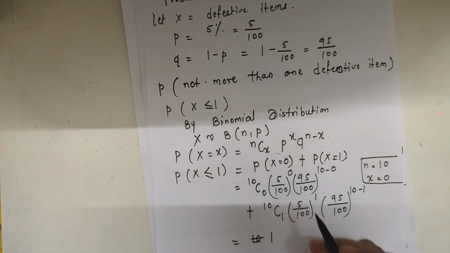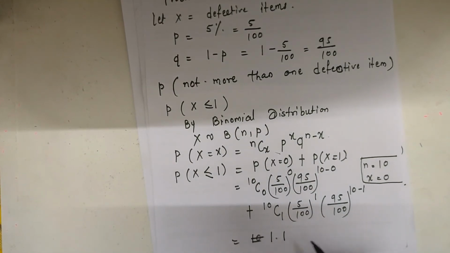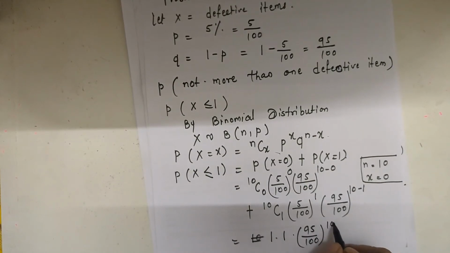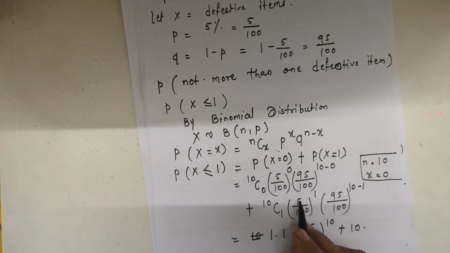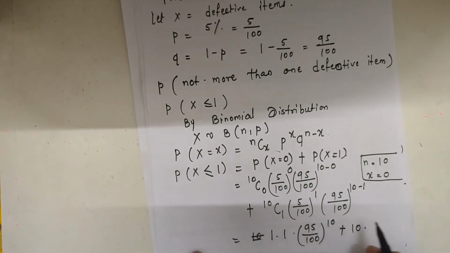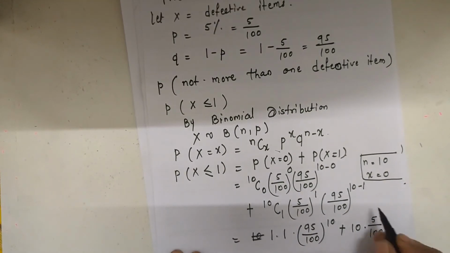Any number raised to 0 value is 1, and 95 by 100 raised to 10, plus 10C1, the value of 10C1 is 10 into 5 by 100 raised to 1, that is 5 by 100